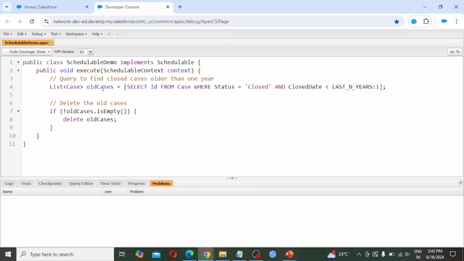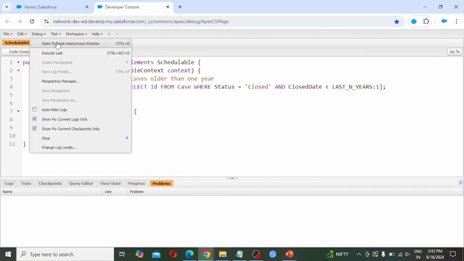List of Case oldCases equals select Id from Case where Status equals Closed and ClosedDate is smaller than LAST_N_YEARS:1. Then delete the old cases. If oldCases is not empty, delete oldCases.